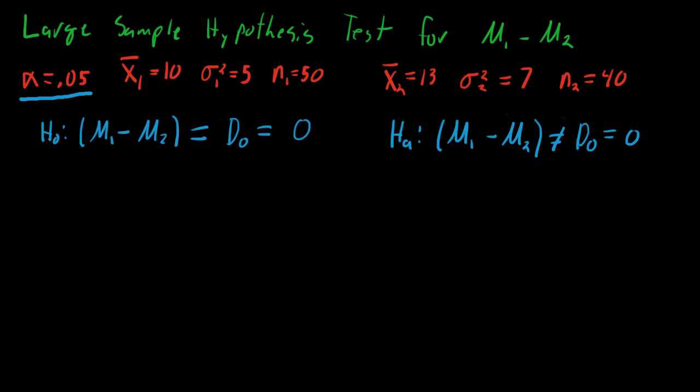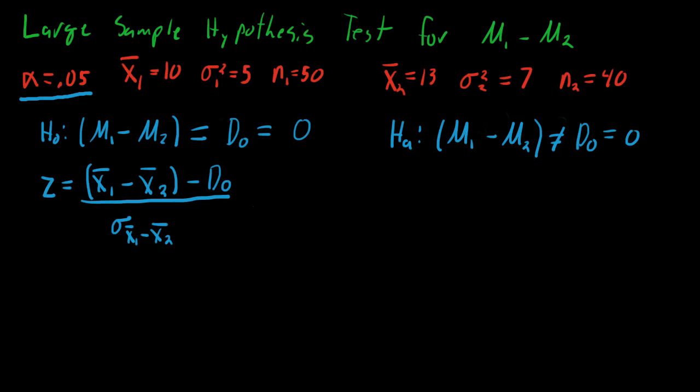So for our test, we're going to need our test statistic. So we're going to find z is equal to our x1 bar minus our x2 bar, and that value minus d0. And then we divide all that by our sigma sub x1 bar minus x2 bar. If we carry out that formula and plug in some of our values, we get 10 minus 13, all that minus 0, divided by our sigma sub x1 bar minus x2 bar, which we know from the previous videos